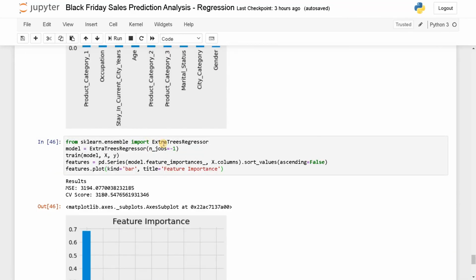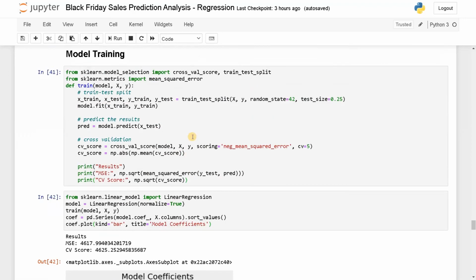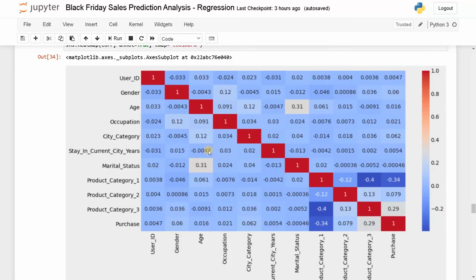You can play as much as you want. So the future work will be hyperparameter tuning, using different models, creating new features, eliminating features, normalization. Like that, you can think of various methods you can try on this data set. So try to play as much as you can with this data set, and leave a comment below if you find anything and if you have improved the model. It will be very useful for others to learn from you.